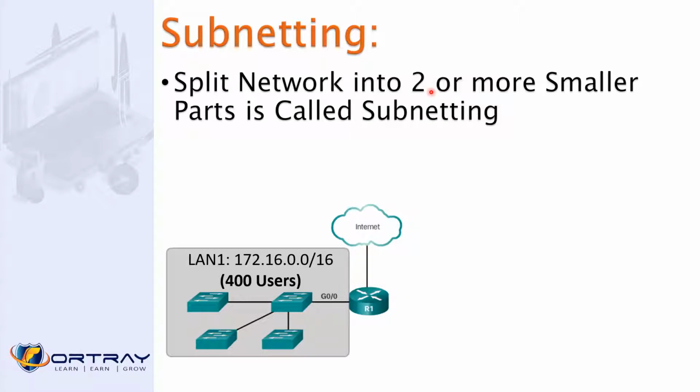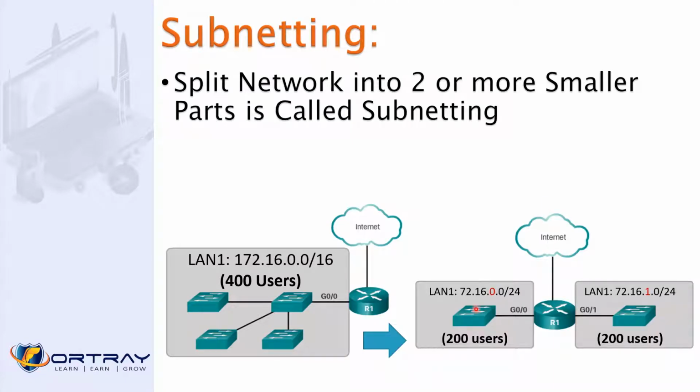So what we can do is shape our network in this way: 172.16.0.0/24 for 200 users, because we have a maximum of 254 in this /24. 2 raised to power 8 gives you 256, but the network and broadcast addresses we cannot use. So with 200 users, in this case we are wasting around 54 IPs. As compared to 65,000 IPs, now we are wasting maybe 54 IPs, and maybe more users will be added in the future. This means our network can easily expand.